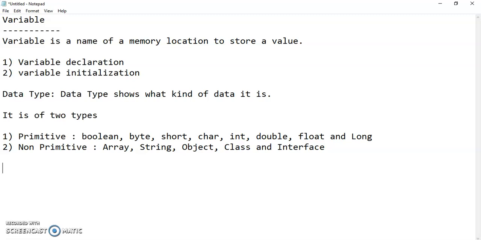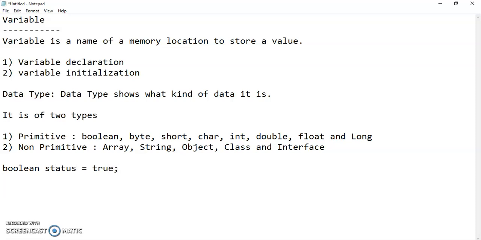So when we are declaring a variable, or whenever we have to deal with any variable, there have to be two things: variable declaration and initialization. For example, I am declaring a variable of boolean. So suppose I am writing boolean status is equal to true.